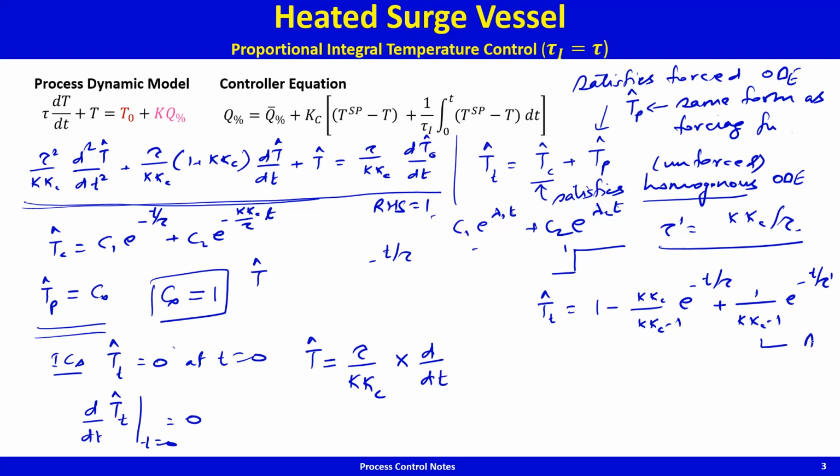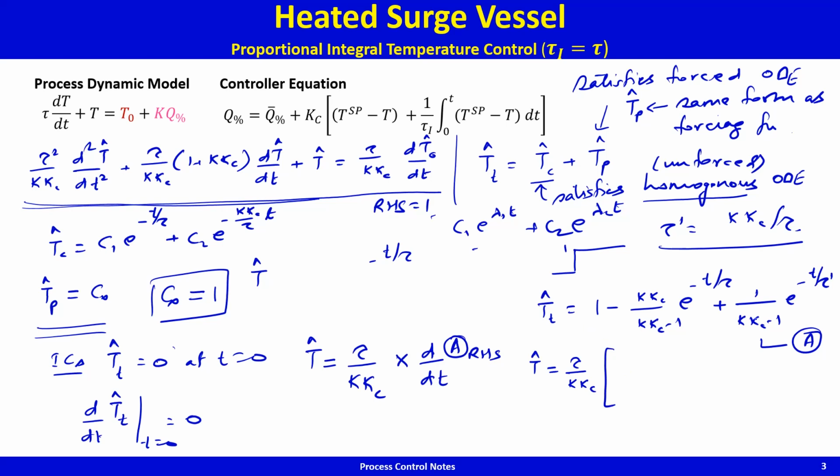Let me call this equation A. Derivative of the right hand side of the equation A. And if you do that, maybe we should spend some time doing that. What you then get is t tilde is equal to tau by kc,